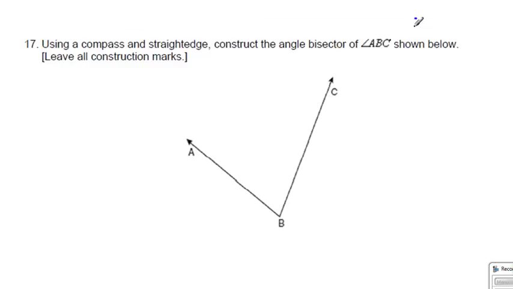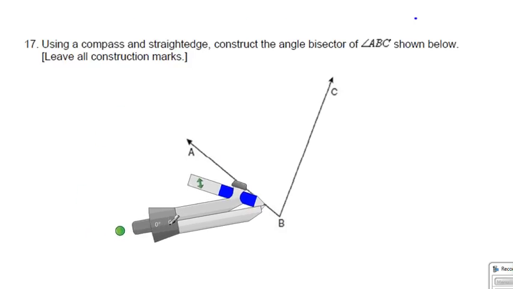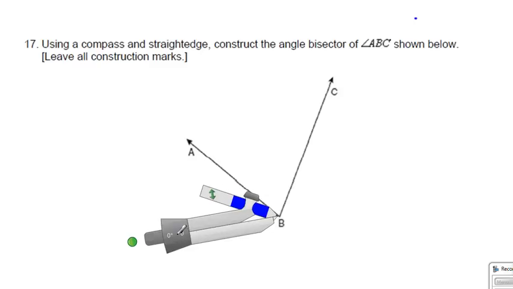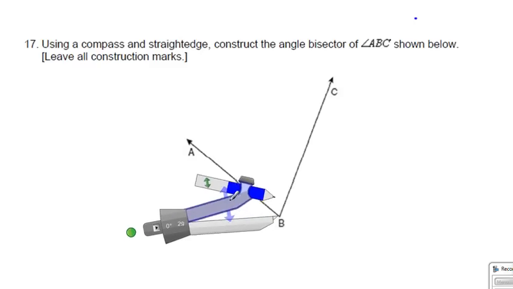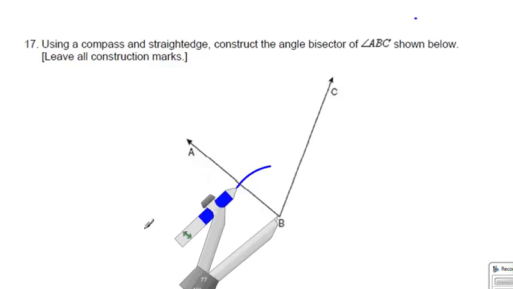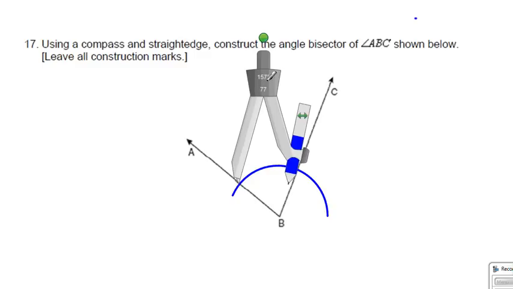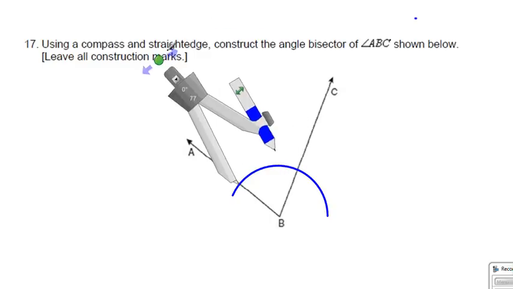Number 17 is the same as one of the previous questions. We just have to get the angle bisector. So then once again, what we need to do is this. We will go to the vertex of the angle and open that up and draw an arc. From the intersection between the ray of the angle and the arc, which we can just identify,